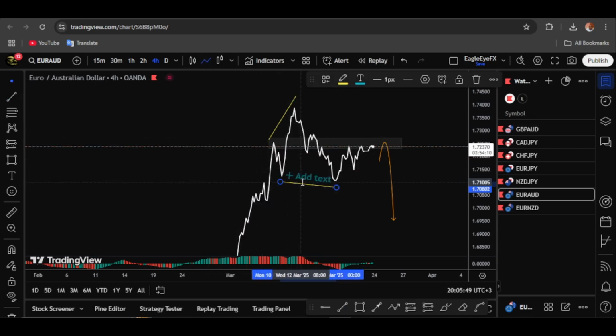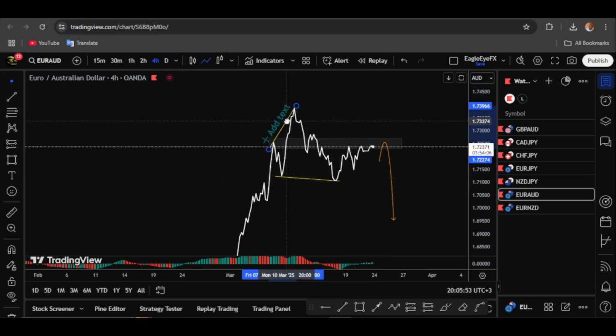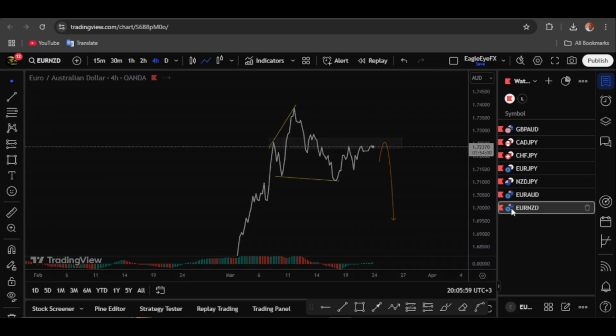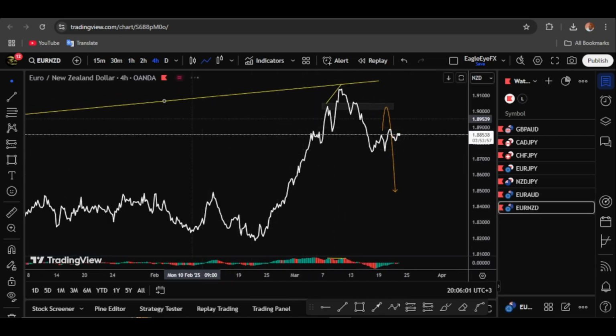Change this into a line chart. You can see it clearly. This is a lower low, right? And that's a higher high. So once the market taps that level, we are looking for selling opportunities, which is actually exactly the same thing